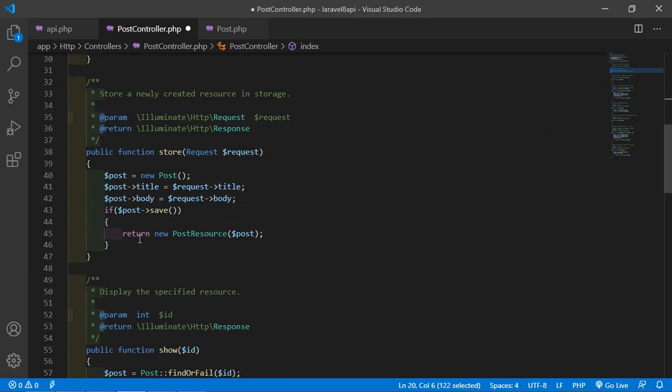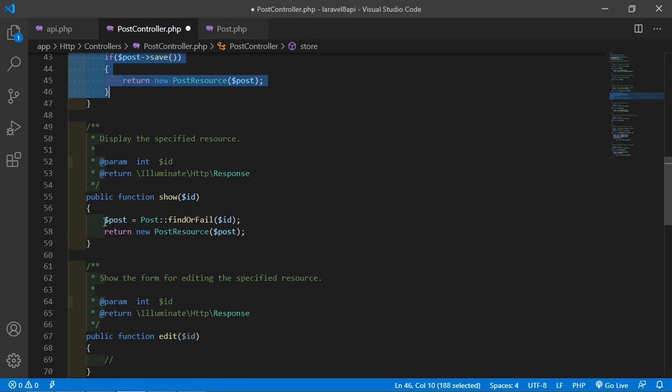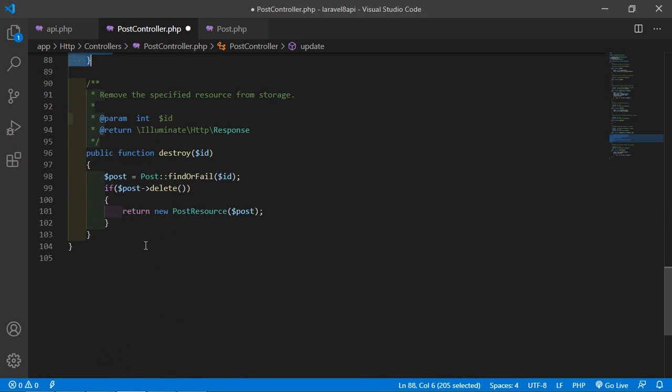Alright, and this is for creating a new post, and this will fetch a single post, and this update function is used for updating the post, and this function for deleting the post. Alright, now save this file.